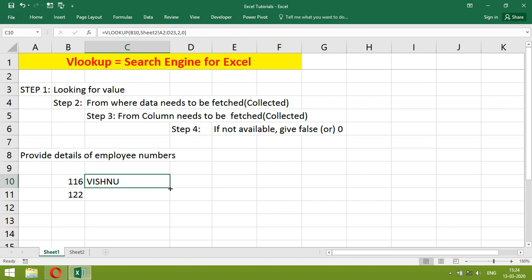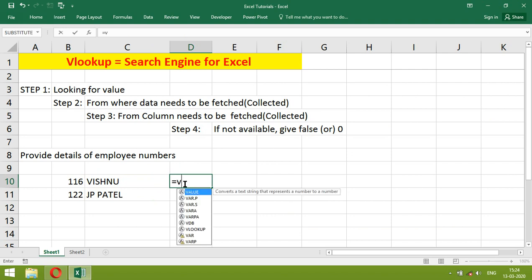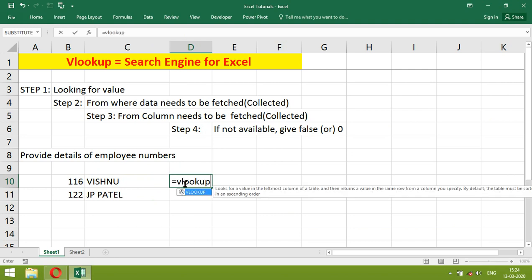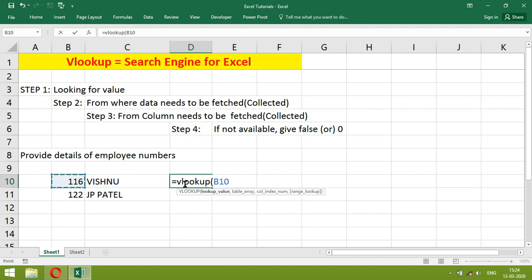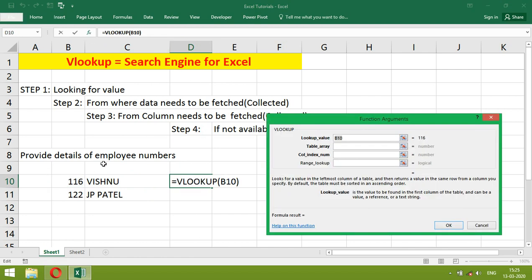You copy. We want the salary of these people, so we have to do the same way, VLOOKUP. Give the range. If you want, we can click the function. Give this one.